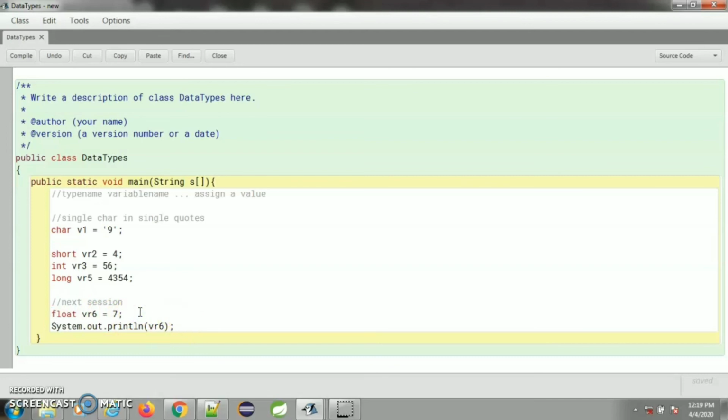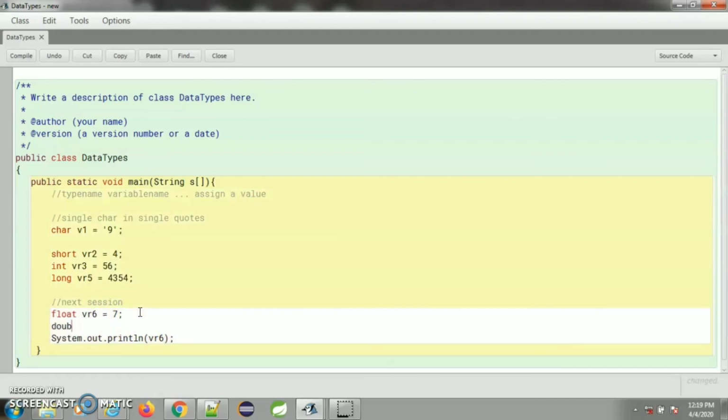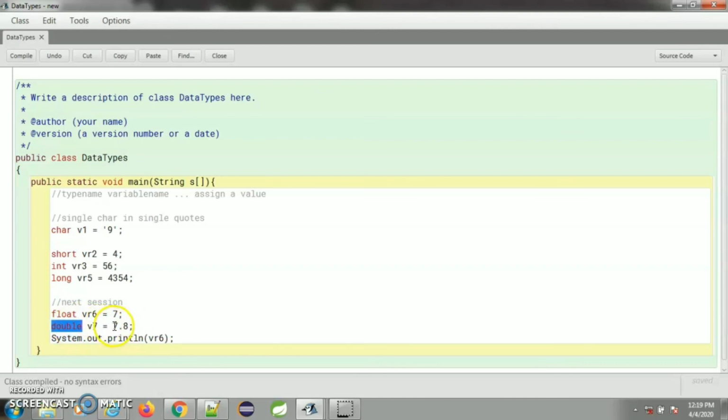So now we are going to use the double data type, which is the default data type for decimals. So here, suppose I type 7.8, then I compile, there are no errors, because whenever we give a decimal value, it is treated as double by default, and we can assign a double value to a double variable, right? This is having a type of double, and by default the system will treat this decimal as double.